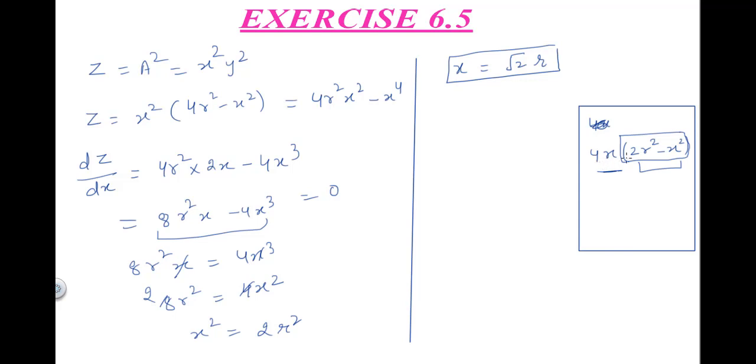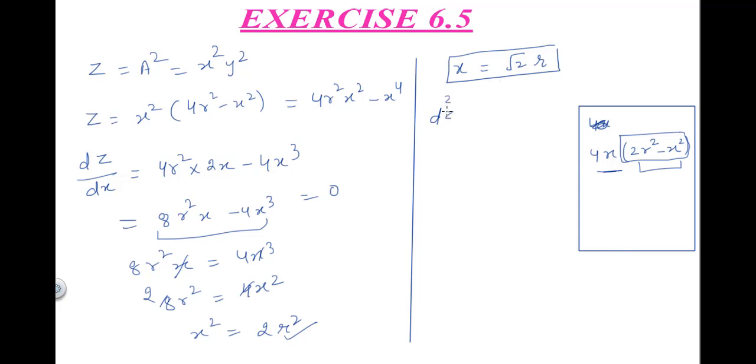It is a side of a rectangle. It can't have 0 length. So 2r square equal to x square is what you are going to get. This is the answer. Now x is equal to under root of 2r. So this is the differentiation that we have got. We will again differentiate it, because we have to prove that this is having the maximum area. That means the second order derivative of the area should come as negative at this value of x that we have got.